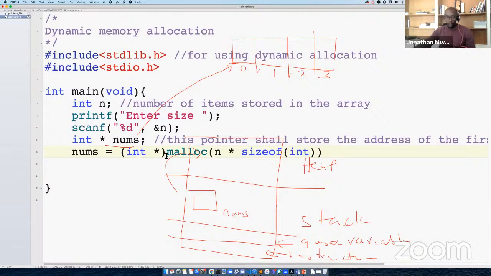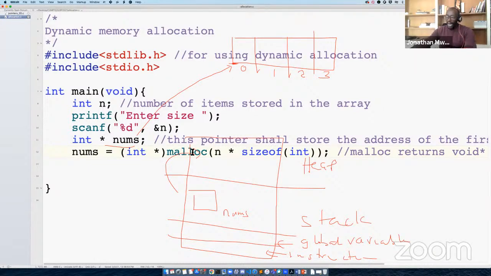So that's quite cool. I'll say here, malloc returns void pointer, and therefore we want to typecast it to the integer pointer because we need to keep an array of integers.